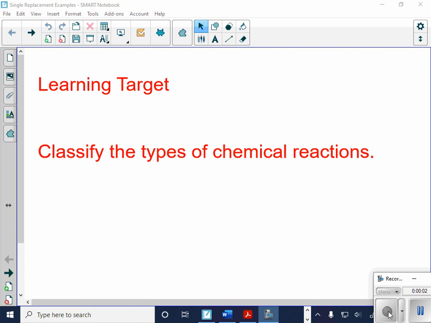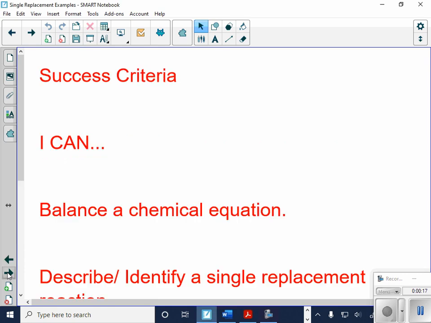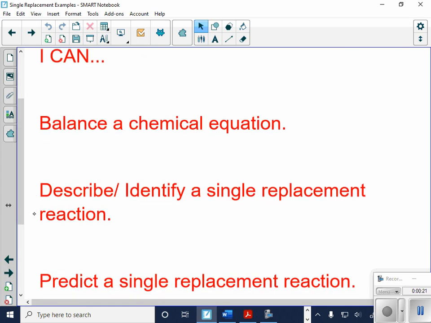All right, just getting started on our single replacement reactions. Once again, our learning target's the same as it was for the other ones, to classify the types of chemical reactions. So our success criteria, once again, to be able to balance a chemical equation, that's the final part of the whole entire process,